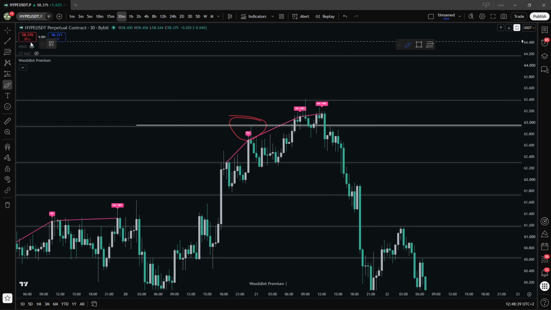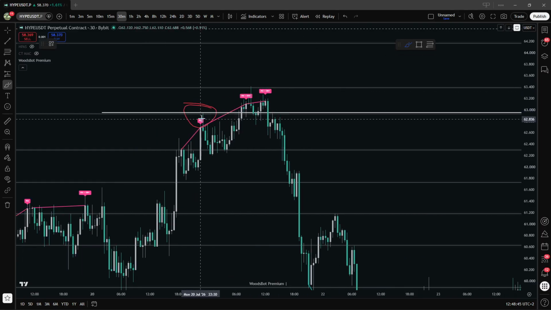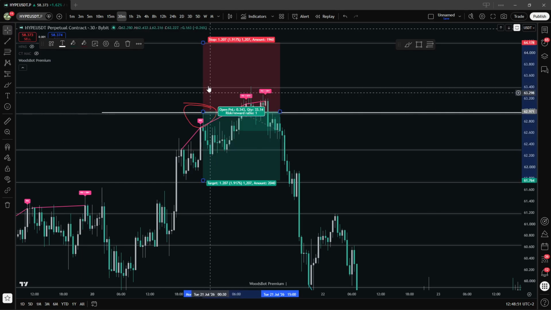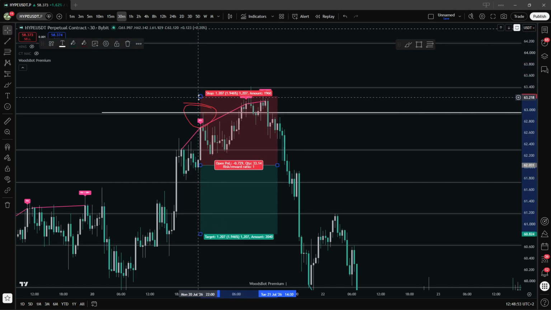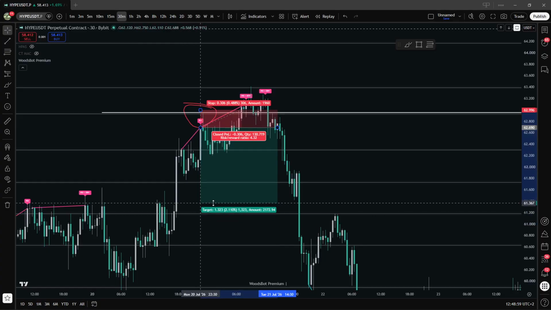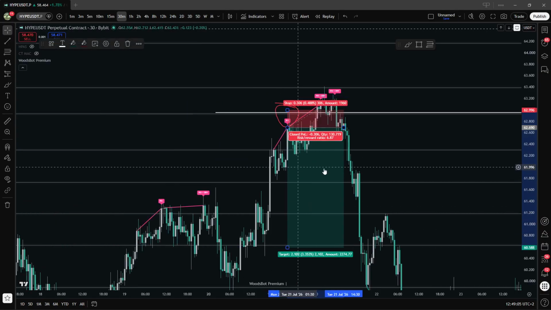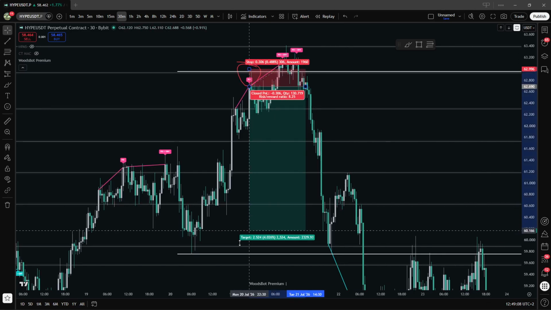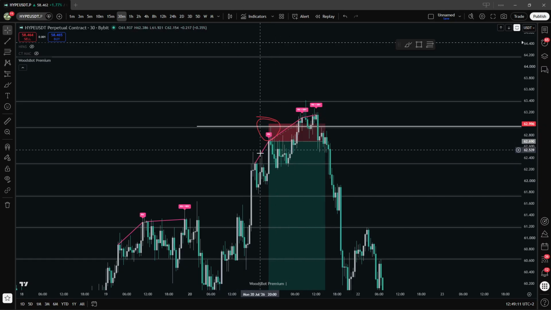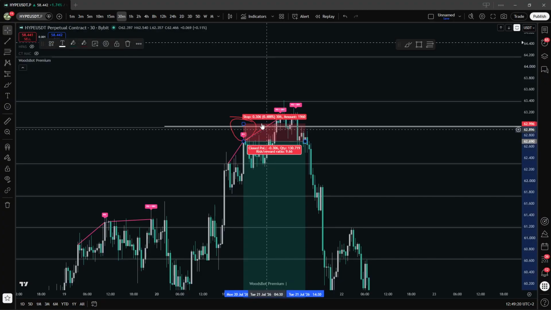But what it did in this case is it not only rejected from this level, but it first swept this level, right? So people put their stop loss above this level. People are short on this position. This is where their stop loss is, and maybe their entry is around this level, right? And they potentially target this Woodsbot level first, or this one, or even lower, or even target the Monday range low. Now, they have an extremely tight stop loss, and what happens is that price action sweeps these highs, triggers stop losses. People are forced to buy,